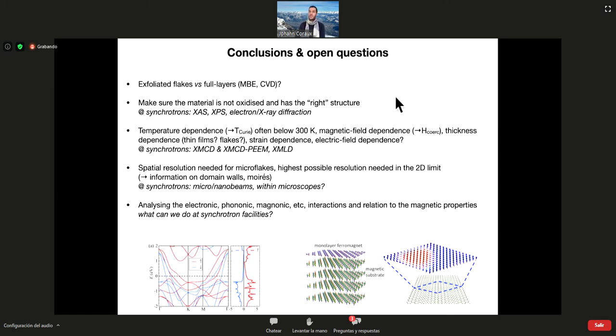So it's work in progress. We are exfoliating better and better the samples, I would say, with time, but it's not so easy as with other 2D materials. So we will see how thin we can get. If we can reach the few layer limits, 4, 5 nanometers is already rather thin. It's 7, 8 layers also. So maybe we can go to 1, 2, 3 layers and see. So we're trying to do that.